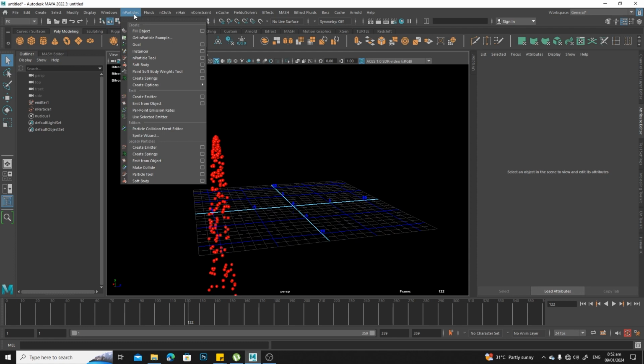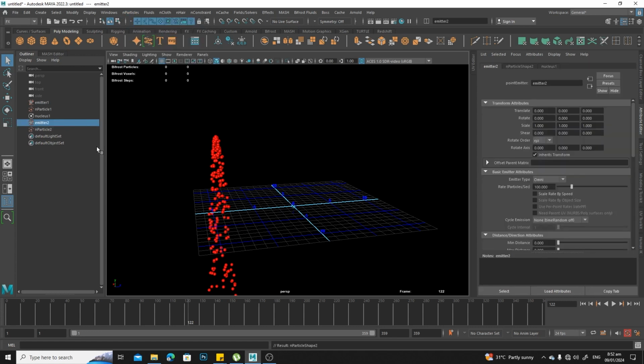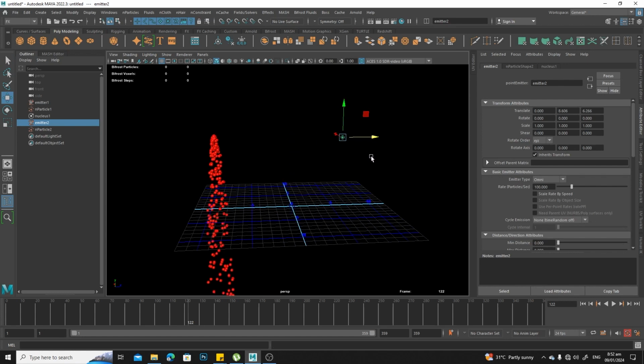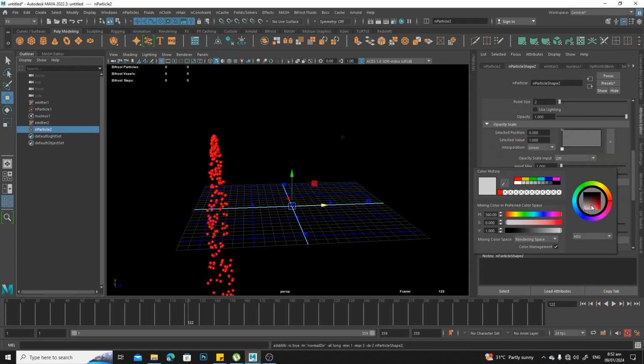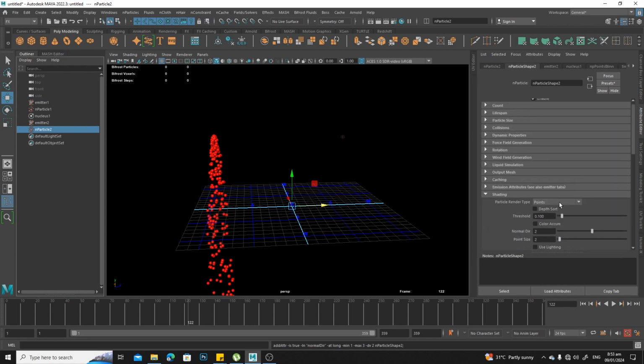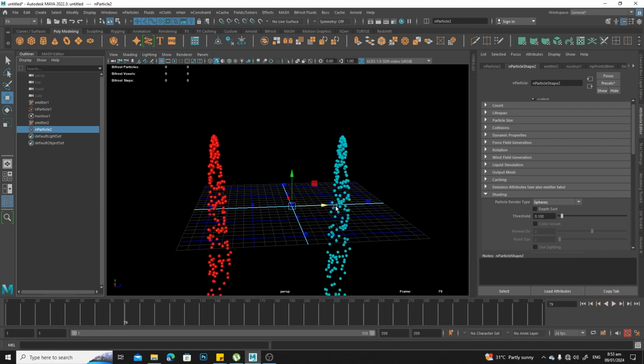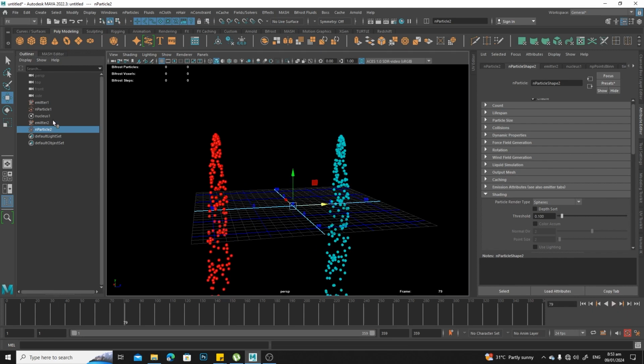Right? So now I can add another particle. If I go to nParticles again, just go to create emitter again. It gives me a second emitter. I can move up here. If I go to my particle, change their colors to blue. Let's make it cyan. Make these spheres as well. So you see now I have two of them, but you'll notice here in the outliner I don't have a